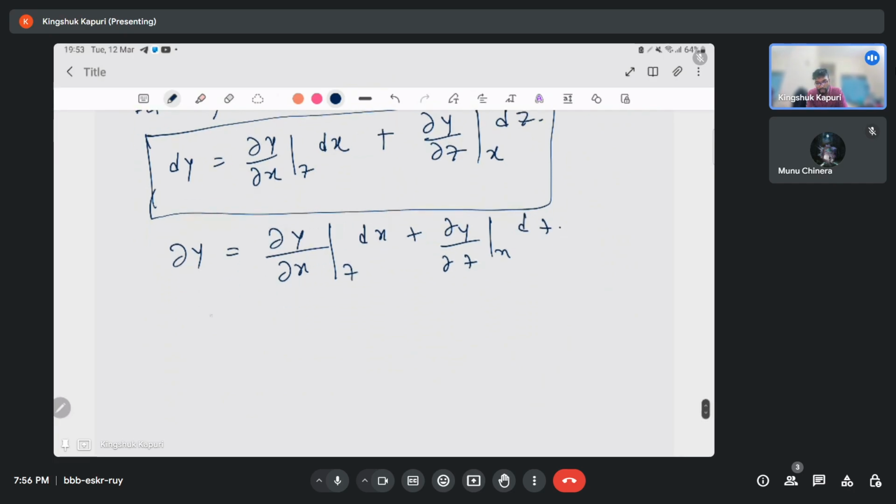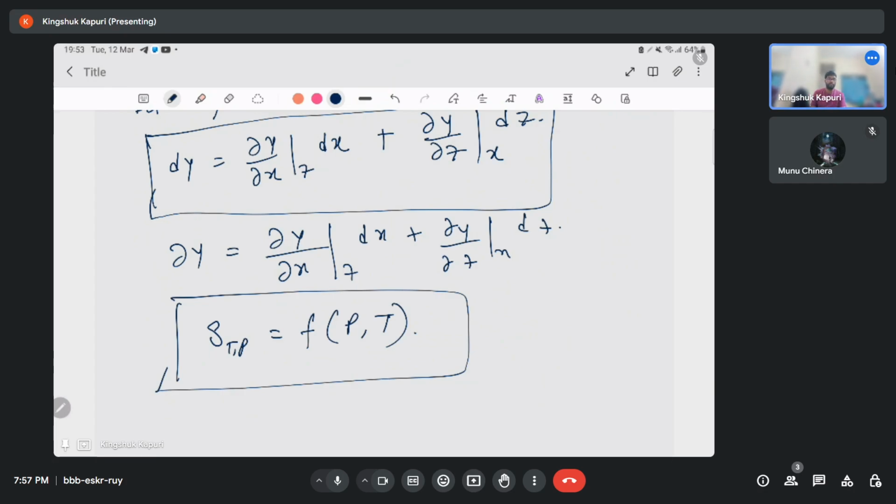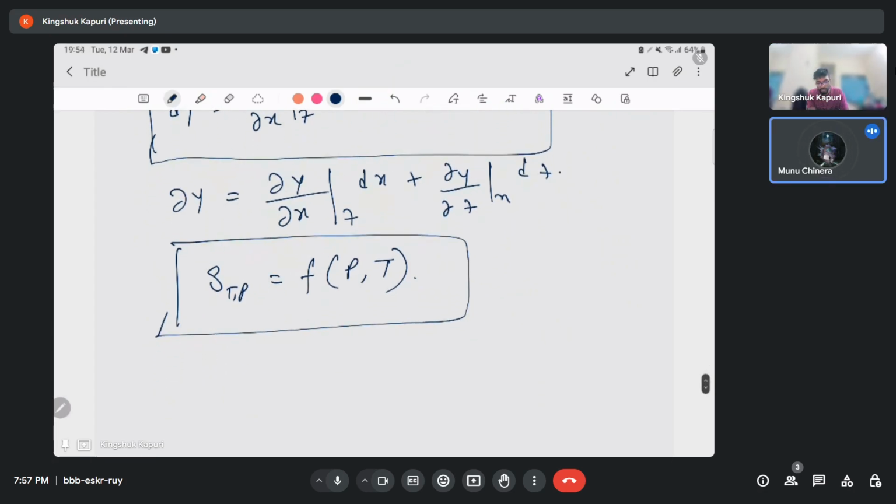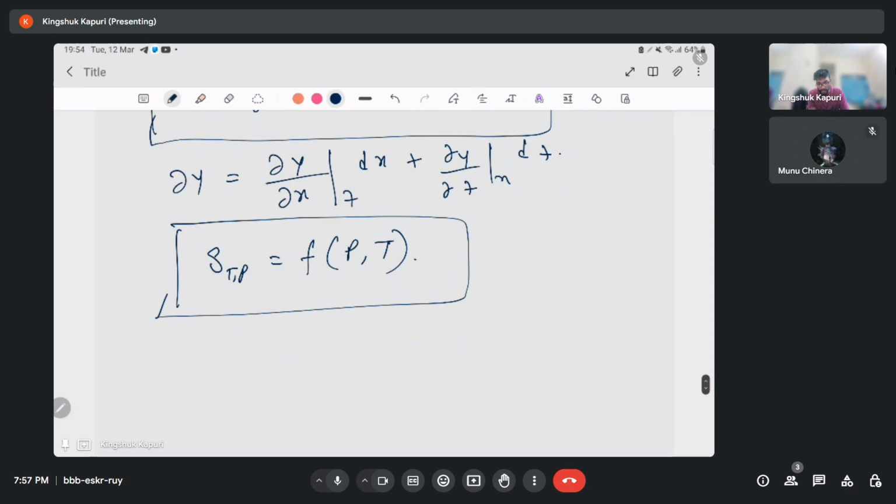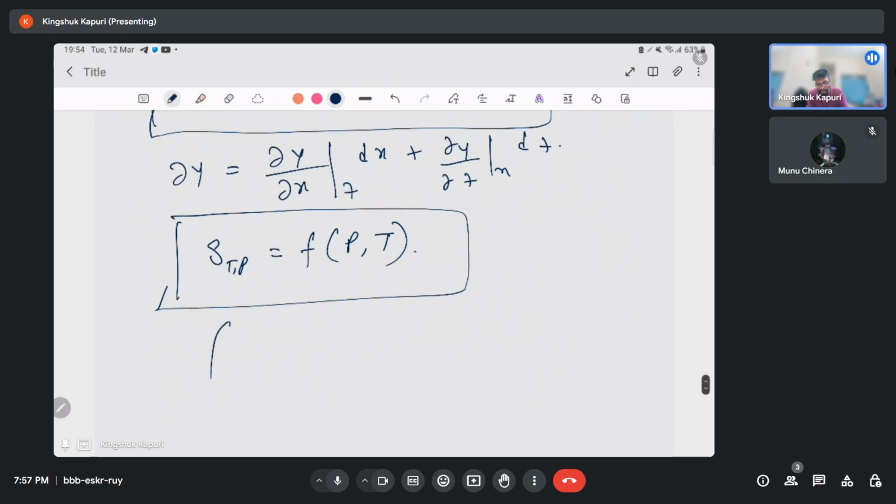So what we know is that entropy S is a function of temperature and pressure. So S = f(P, T), it is a function of both pressure and temperature, right Monu? Yes, sir. So if we do integration on both sides,